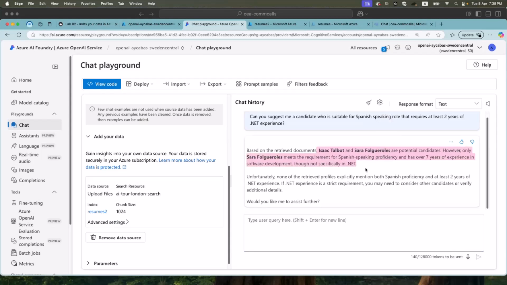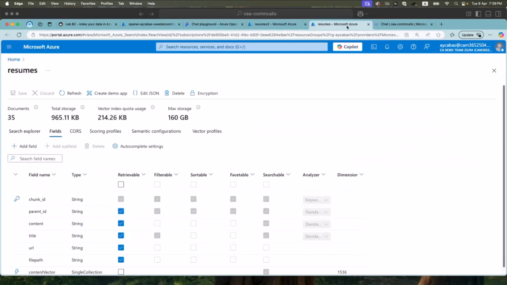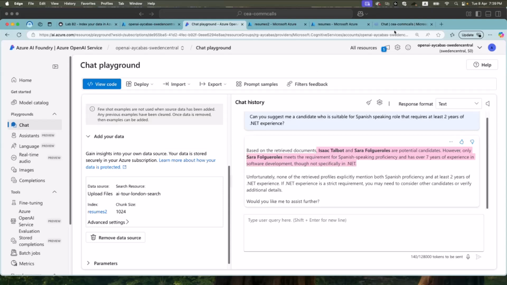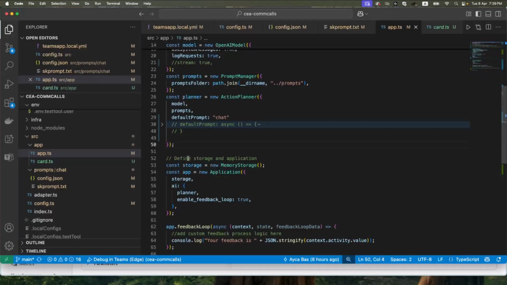What I want to do further is I want to connect this data set in Azure AI Search, my index, directly into Custom Engine Agent. Okay, so I hope you get a good understanding of how Azure AI Search works behind the scene. Next step for us is basically bringing this Azure AI Search experience into our Custom Engine Agent. You may remember this app I've created in the last community call from scratch using Teams Toolkit. In this session, we will basically add Azure AI Search integration in our Custom Engine Agent. Okay, so let's get started.